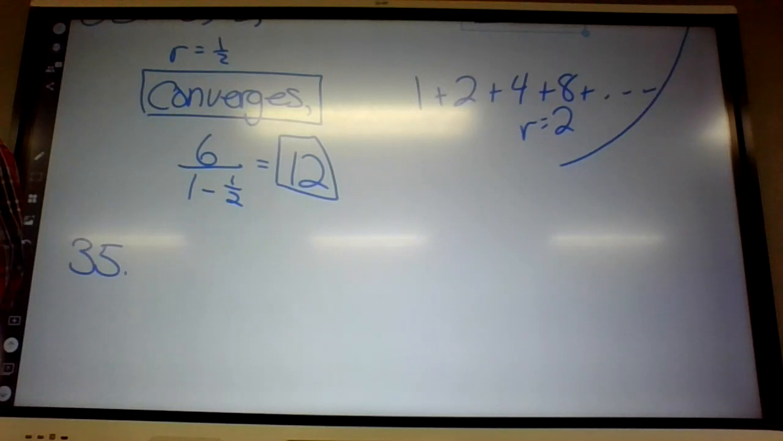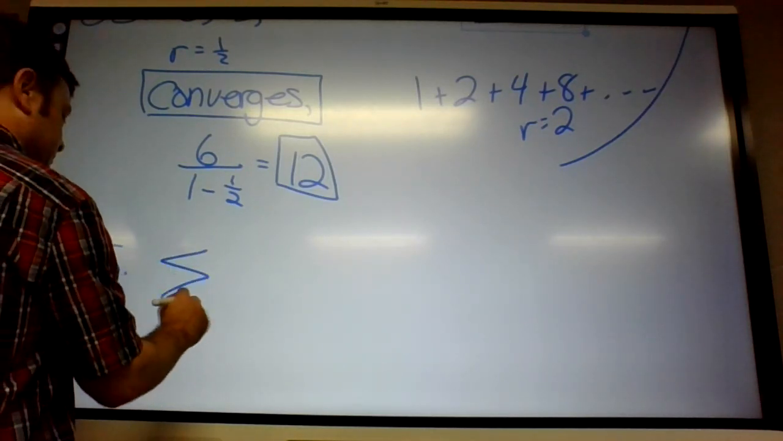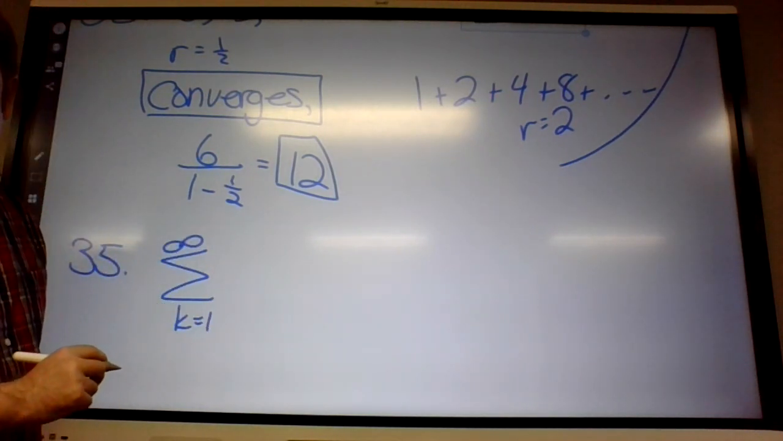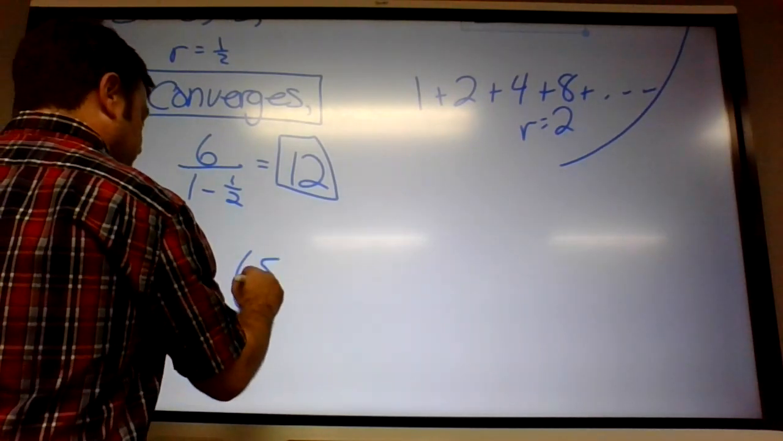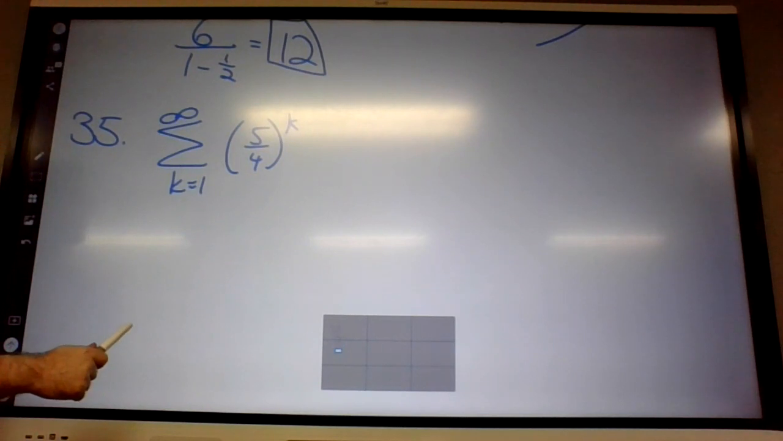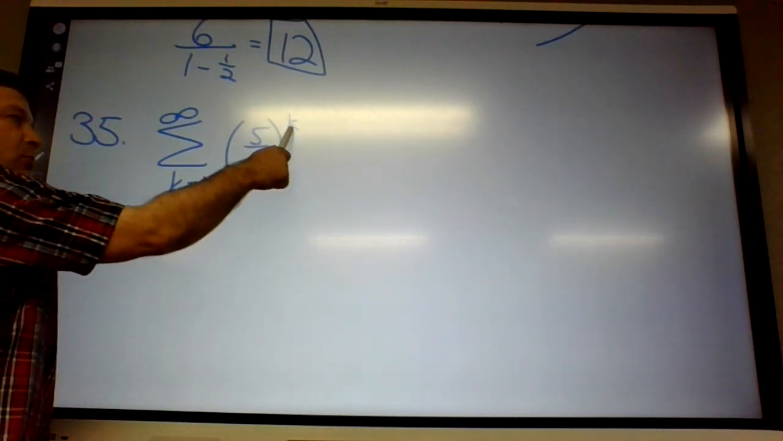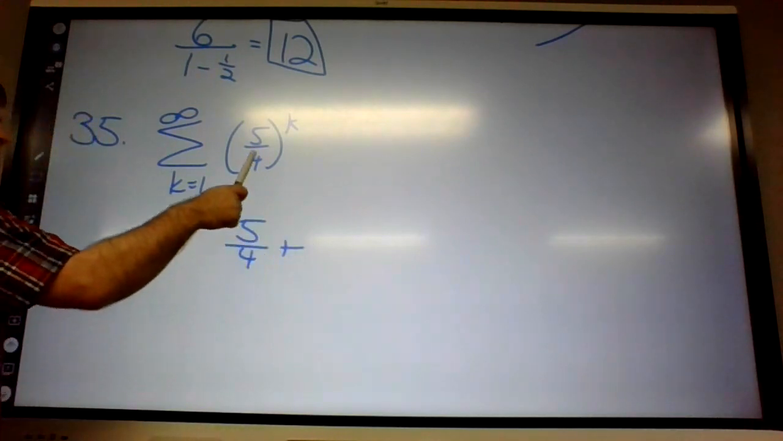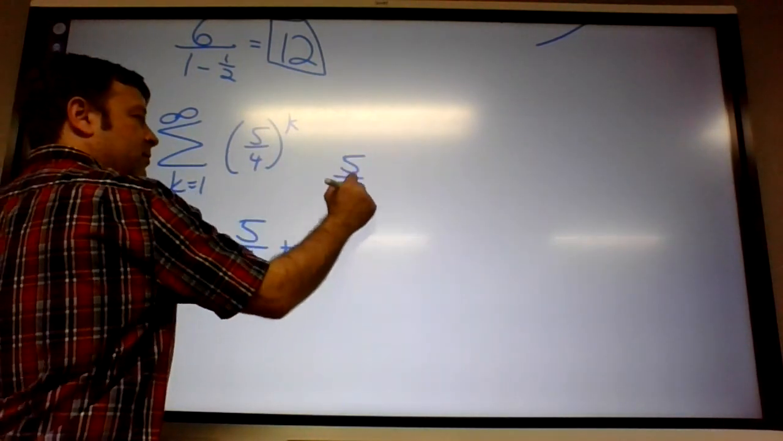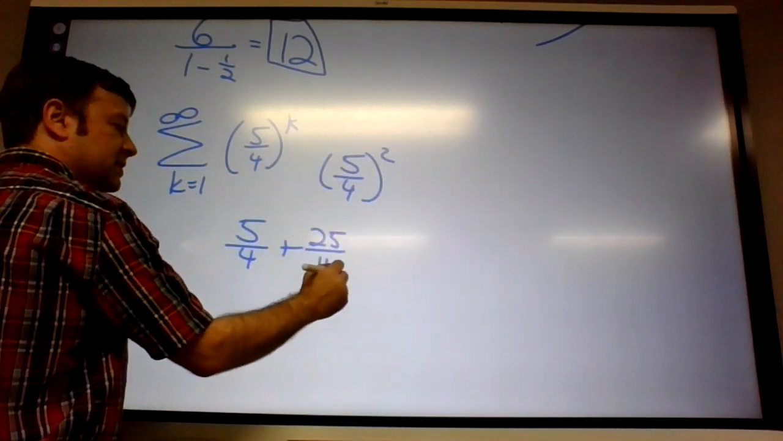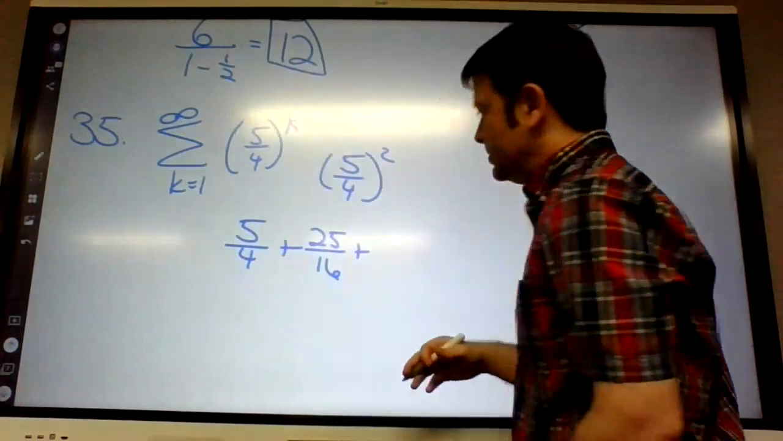35, back to sigma. k equals 1 to infinity, 5 fourths to the k. So let's plug in a few k values to figure out what's happening here. If I plug in k as 1, that'd be 5 fourths. If I plug in k as 2, 5 fourths squared would just square both of those, 25 sixteenths. If I plug in k as 3,